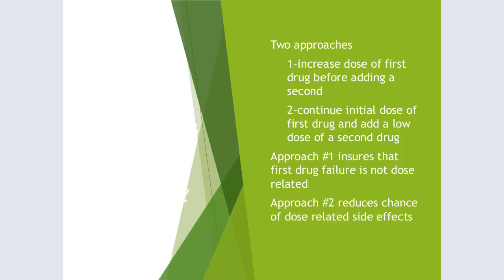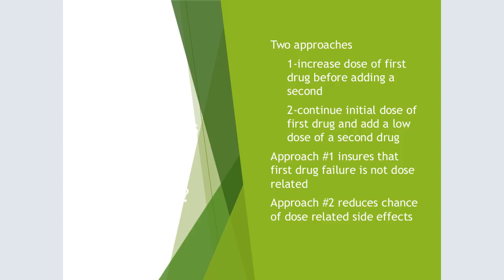Now, two approaches to fixing hypertension here. If the blood pressure is still not controlled, then we're going to increase the dose of the first drug before adding a second one. We're going to try to max it out if we can. The second choice is to continue the initial dose of the first drug and add a low dose of the second drug, depending on what your patient needs. Approach number one ensures that the first drug failure is not dose related. In other words, if you max out the dose and it's not working, it's not just that you didn't give it enough time or enough medicine to make it better, whereas the second approach reduces the chance of